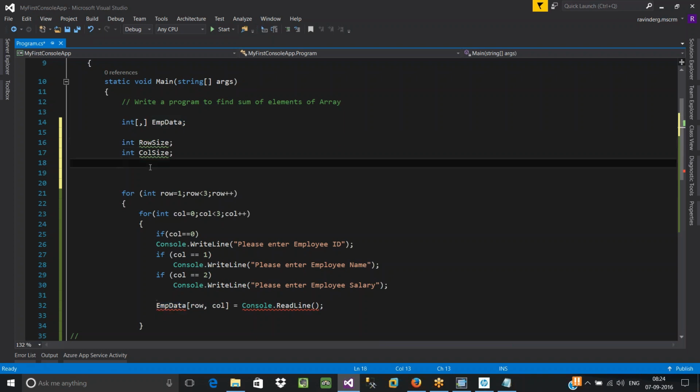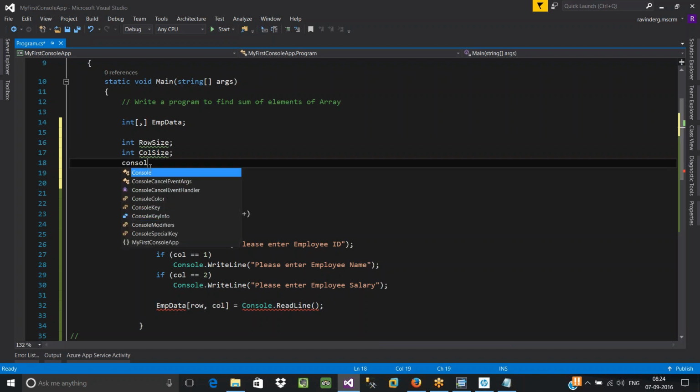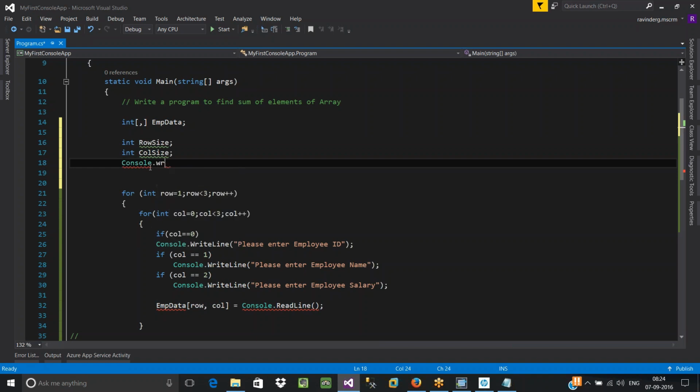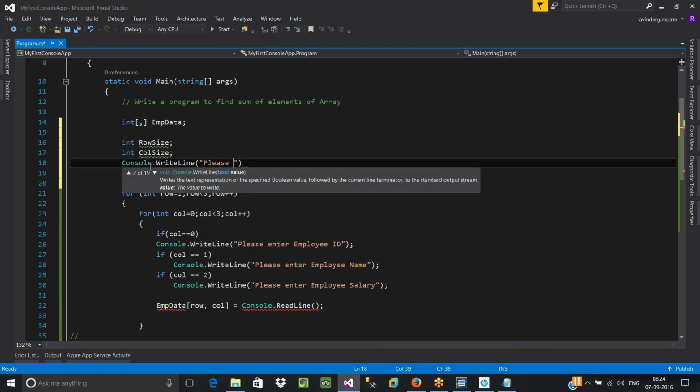Now I am going to ask the user to enter these details. Console.WriteLine, please enter row size and column size.